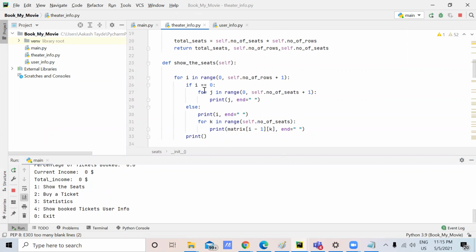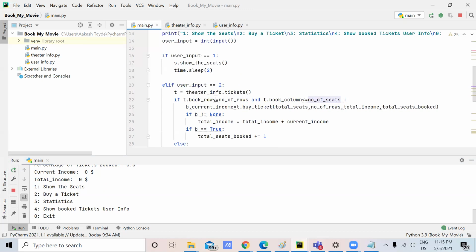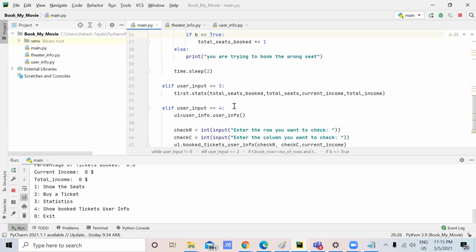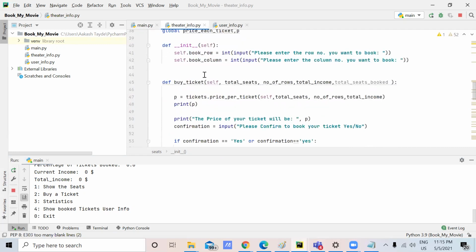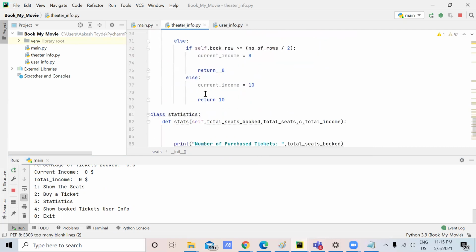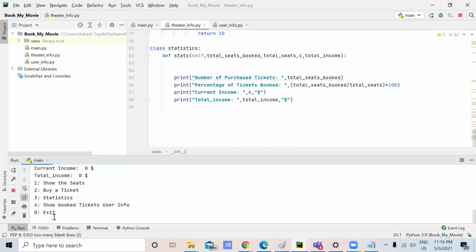It is building the matrix for us. The other input will go in booking later on. We'll go on statistics now. If the user input is 3, that is statistics, it goes in stats. We have developed a class statistics here, which returns me the number of purchased tickets, percentage, current and total income. Right.